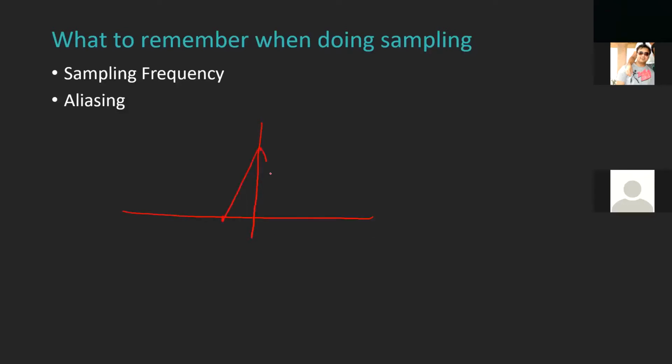So I'll again plot my sampled signal. Just for this particular explanation, I'll only plot two adjacent spectrums. So this is 0, this is f0, and this is minus f0. In this case, f0 is my sampling frequency. This was the frequency of the impulse train also, and it tells us with what frequency I'm sampling my signal. Let's assume that my message signal is limited to minus fm and plus fm.